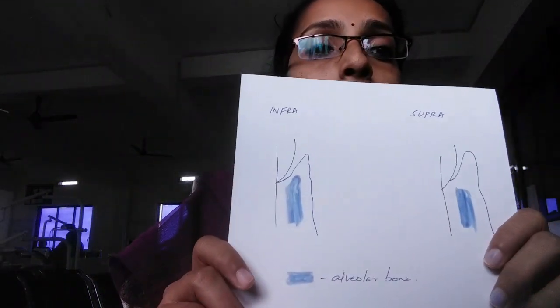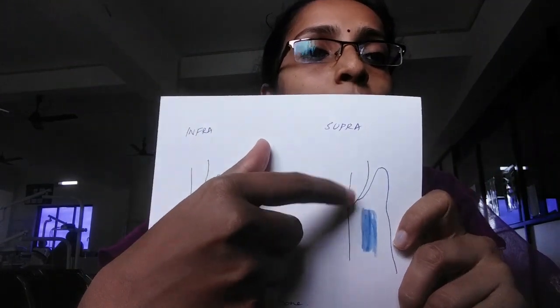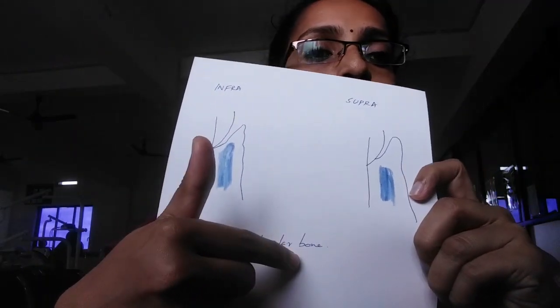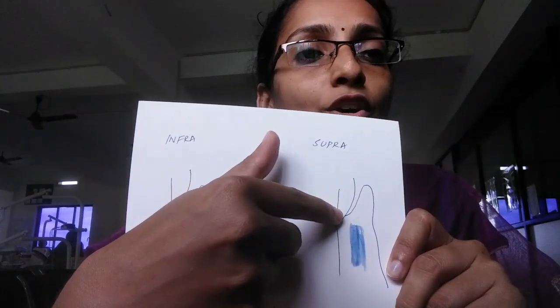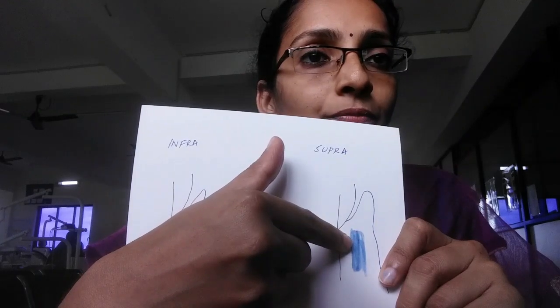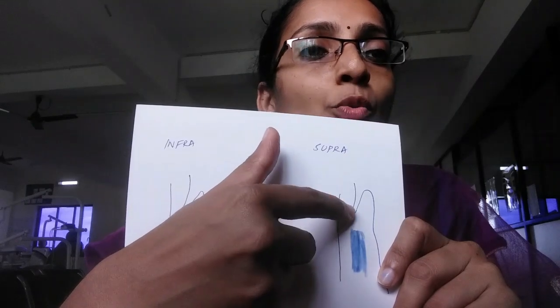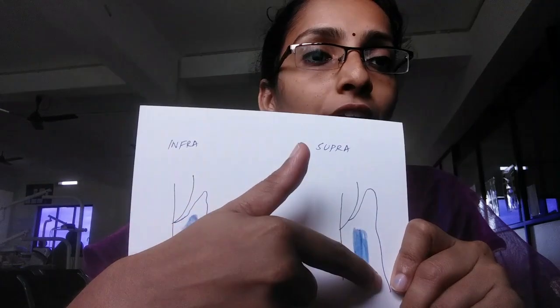Now in periodontal pocket, there are two types which are very important: the suprabony pocket and the infrabony pocket. This diagram should be clear. This is the tooth surface and this is the alveolar bone. I have written alveolar bone. The base of the sulcus or the pocket is above the level of your alveolar bone. Because this is above the level of your alveolar bone, this is a suprabony pocket. Above the bone, suprabony pocket.